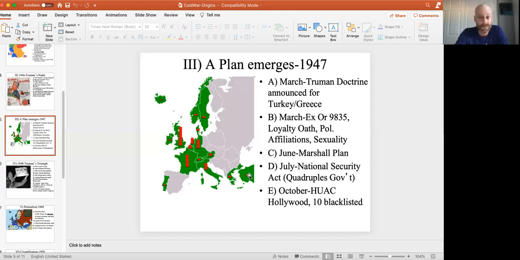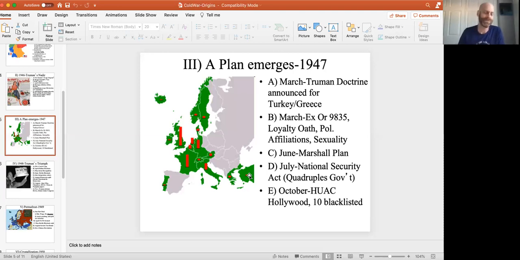Now, the Republicans typically do not like foreign aid. Sounds like a welfare program to them. And they were very opposed to the idea. But Truman did a very good job of scaring the hell out of everyone by basically painting this horrible picture that if we don't stand up to the Soviets, they will be encouraged by this. This is where the Munich Analogy comes in.